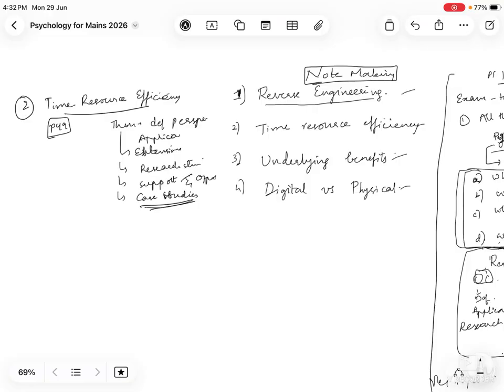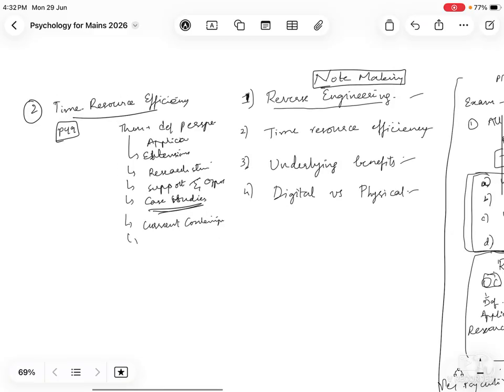And current developments, contemporary developments, and social applicability, ऐसे. So you can limit your note making till this aspect. ये वाला part paper 2 में use होगा to make linkages. So and you can write also your own analysis as one more section. So ऐसा करके you can limit your first round of note making.